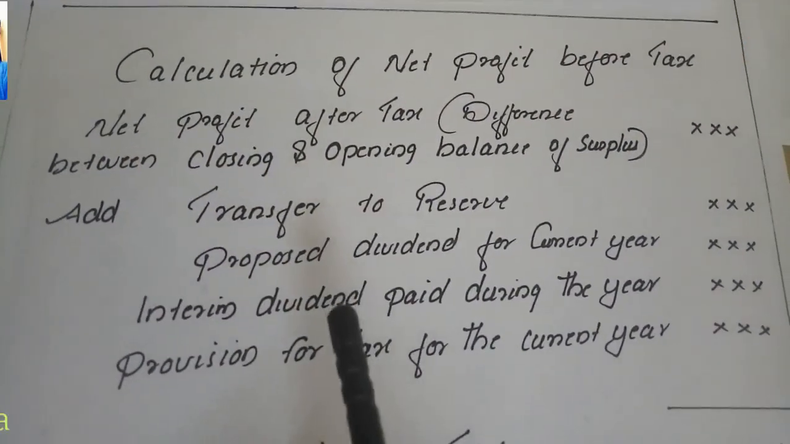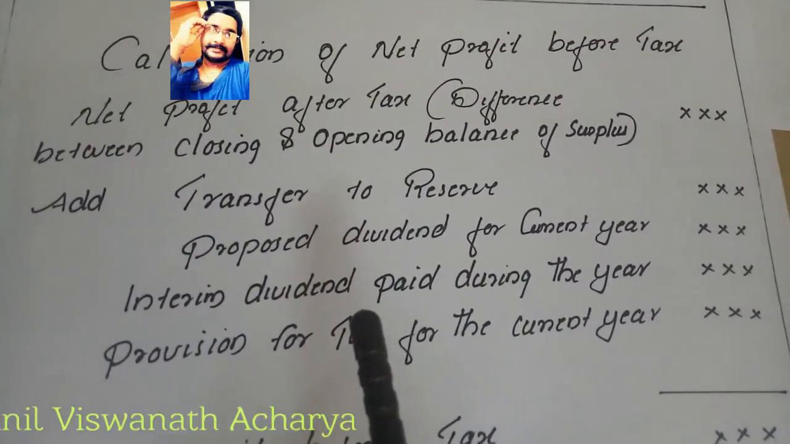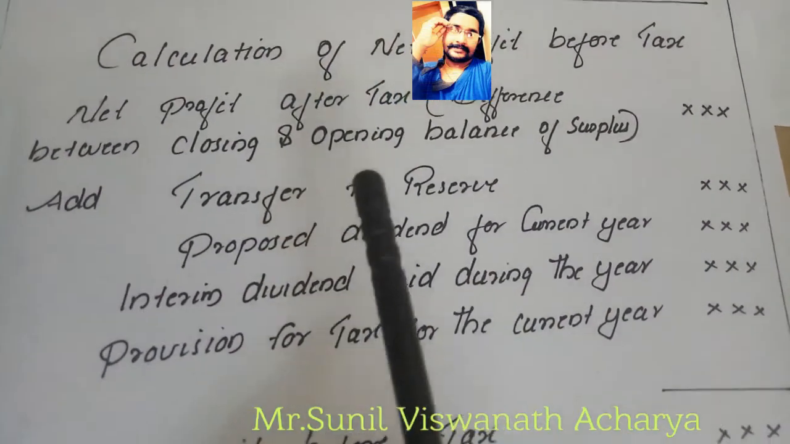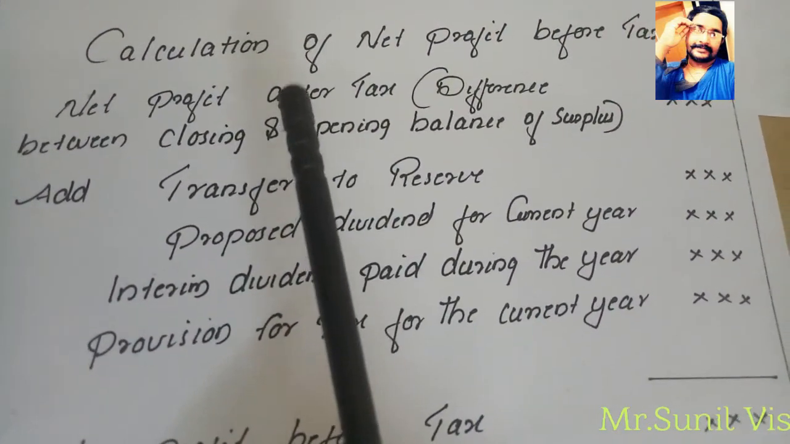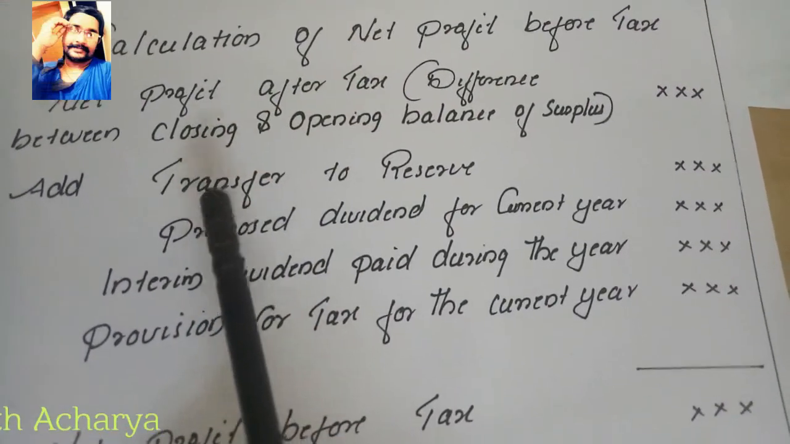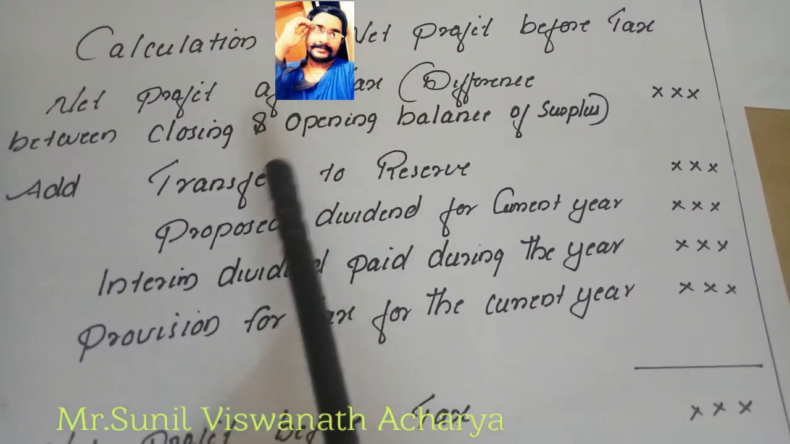Then these all items we already deducted. All these reversed we have to add to get the net profit before tax. That is transfer to reserve. Any amount from the profit already